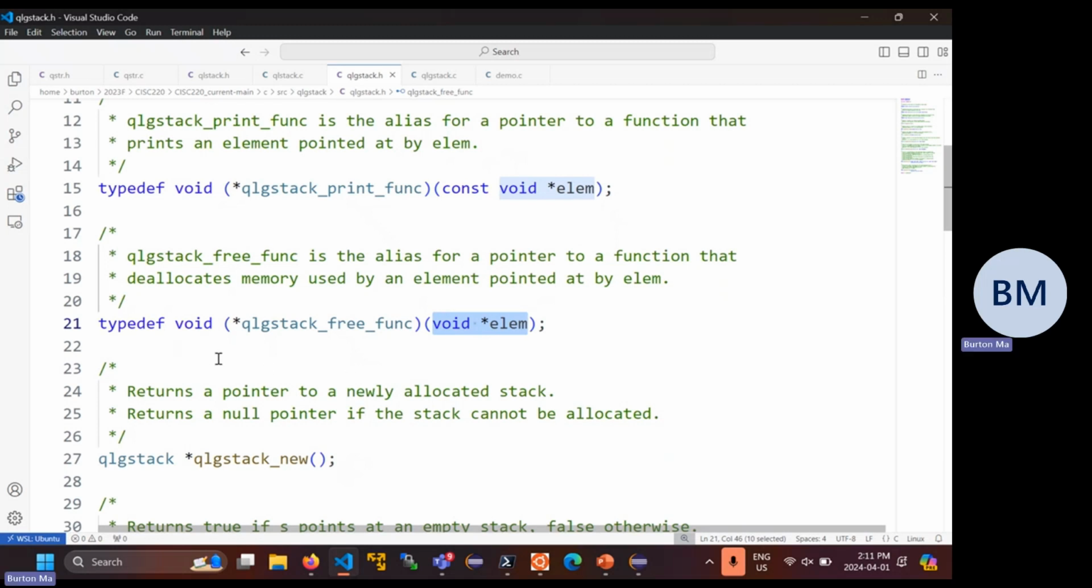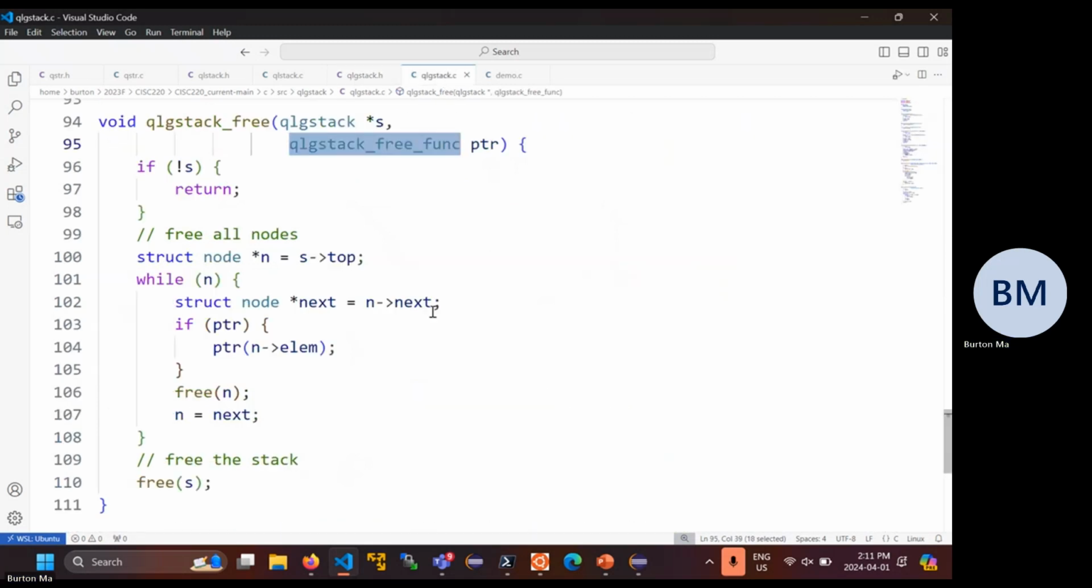So the user is going to pass in some function, or a pointer to some function, that can free one of their elements. While you're iterating over the nodes of the stack, before you free the node, you're going to check: did the user actually pass in a pointer to that function? If they did, they want us to free the element. So free the element by using their pointer to call the function that frees the element, passing in the element to be freed. If they pass in null here,